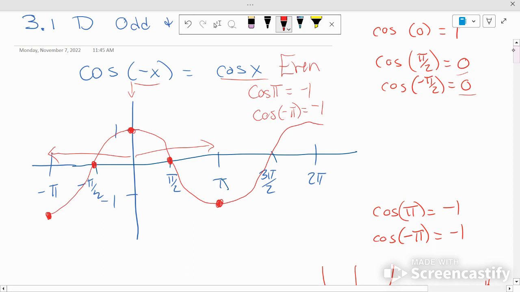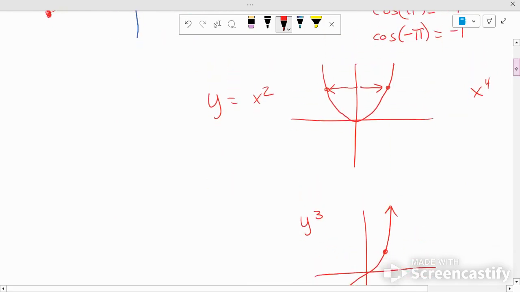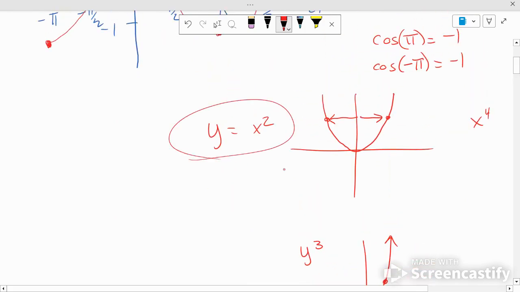Okay? That's what an even function is. All right. An even function is like y equals x squared, or y equals x to the fourth. 0, 0, 1, 1, 2, 4, and so on. Negative 1, 1, negative 2, 4. So whatever it is on the x side, it's the mirror image of that across the y-axis on the y side. Whenever you have even powers, that's why it's an even function. Okay? When it's an odd power,